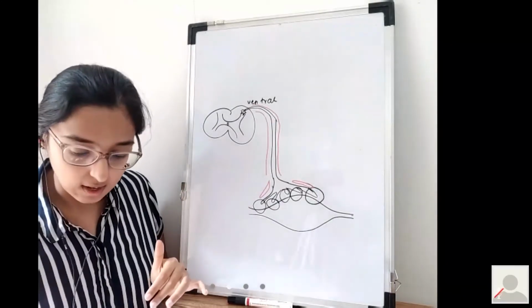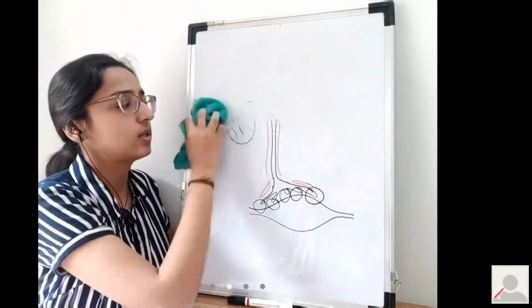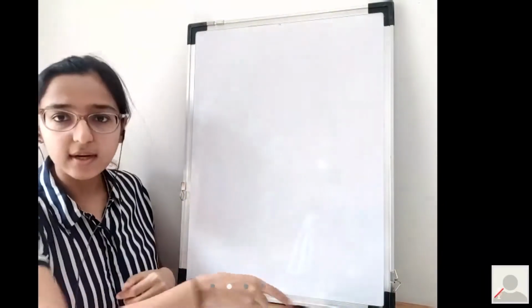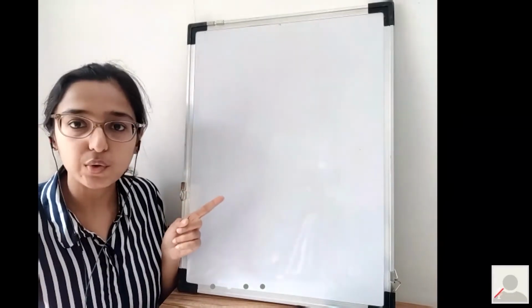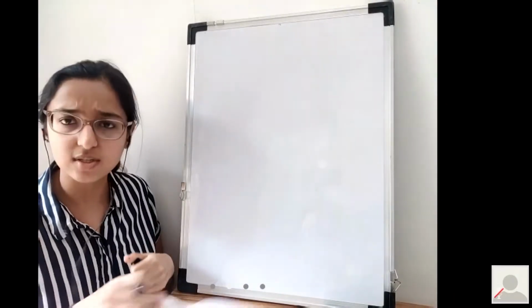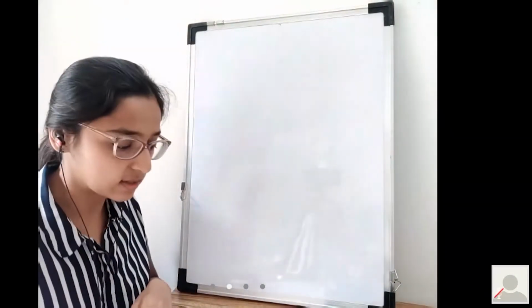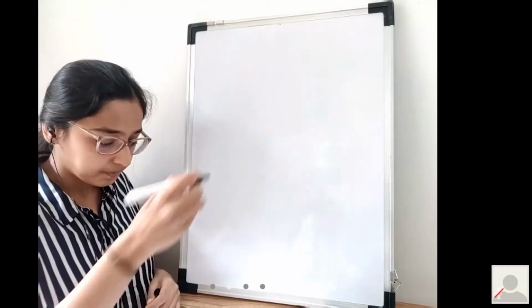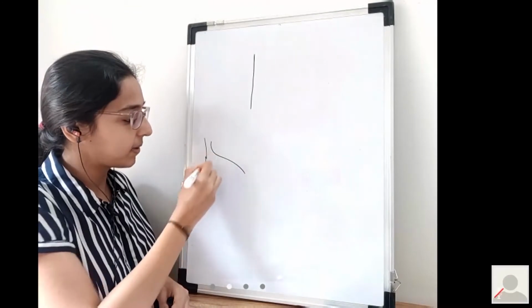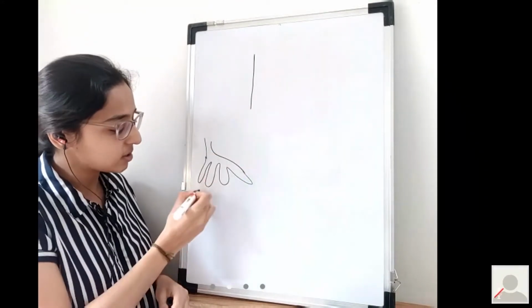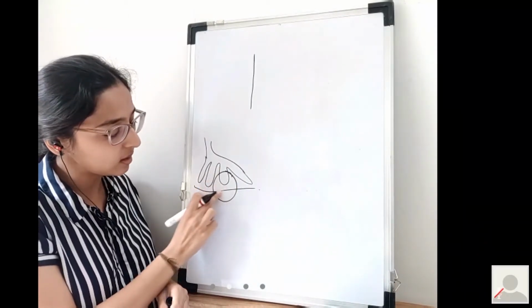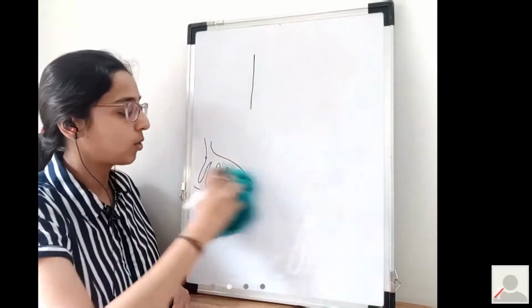Now we'll understand the structure of the neuromuscular junction. As I told you, each motor neuron's axon reaches the muscle, branches out, and comes in contact with many muscle cells. As this came and branched out and formed multiple branches, now we'll just take this cross section: one branch with the muscle membrane. That is what I am drawing over here.